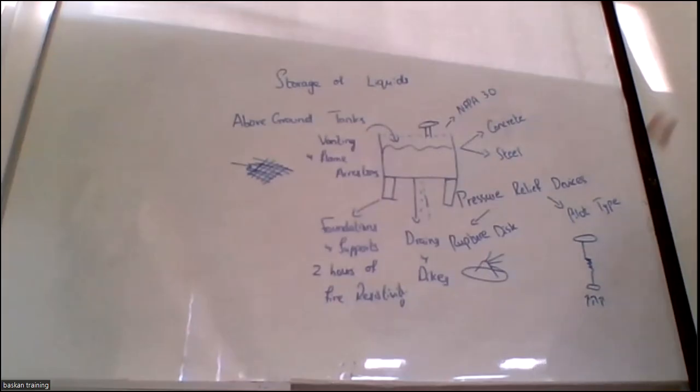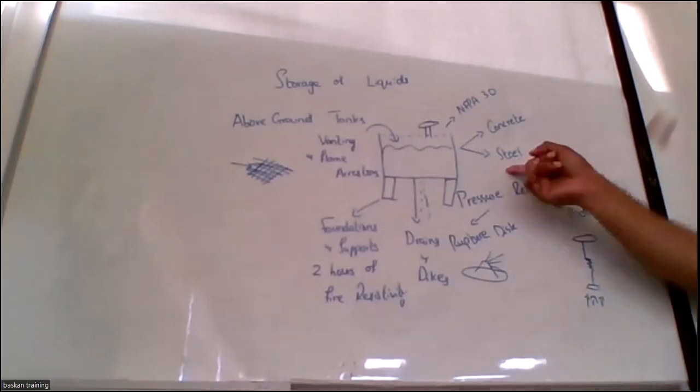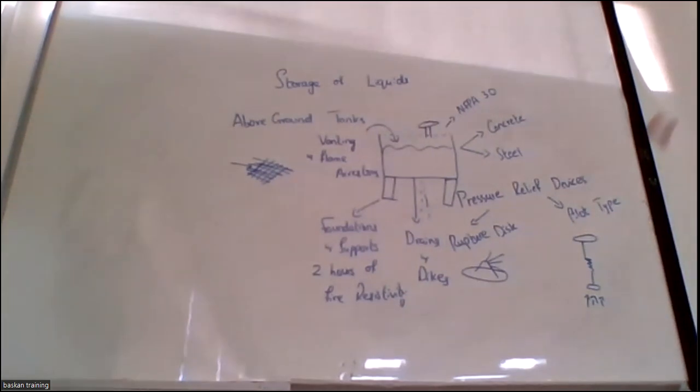Underground tanks usually have the corrosion factor. For that purpose, the construction element is different. They usually have fiberglass, plastic clad steel construction. And for corrosion, you need to have some type of cathodic protection system. We'll discuss underground tanks later, but anyway, this is for the above ground tanks.